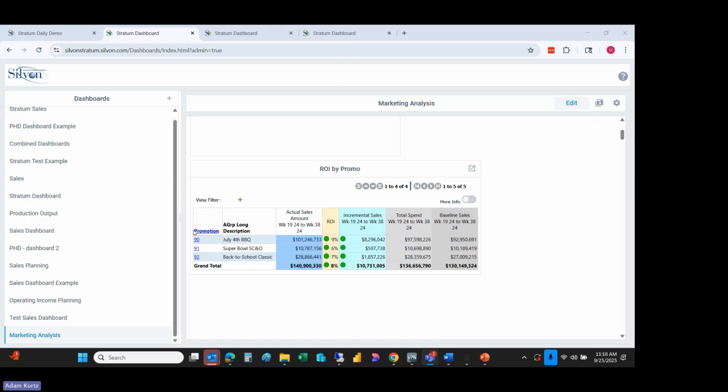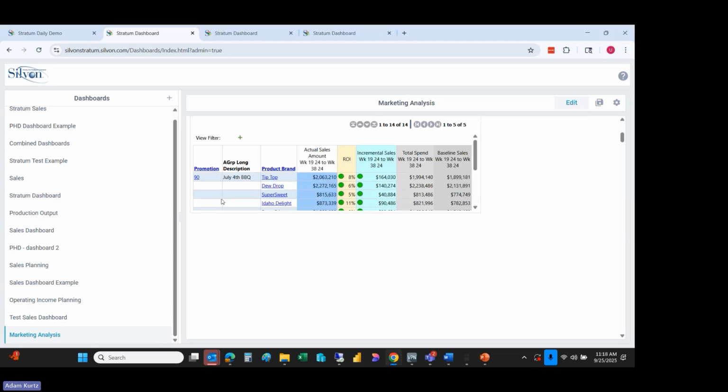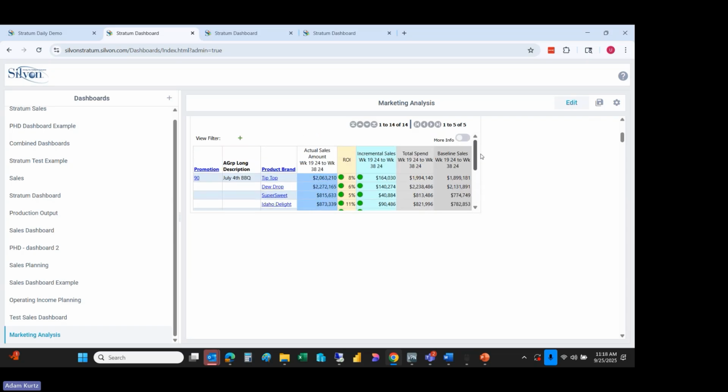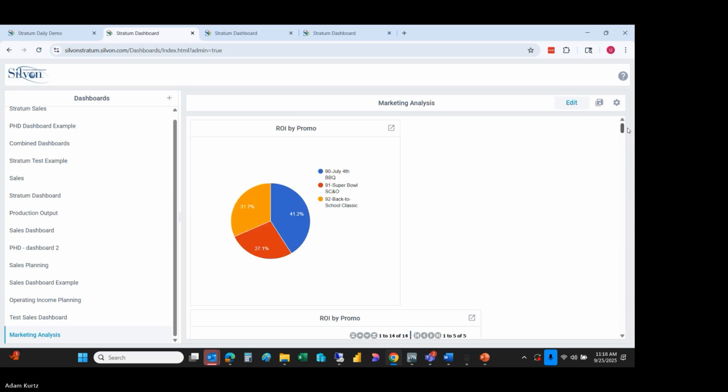These are fully interactive. So if I want to drill in on a promo and see what brand I'm running the promo for and how they're performing, then I can go in and drill in on that widget. Same thing for up here. If I want to drill in on the data behind this widget, I can do kind of the same thing